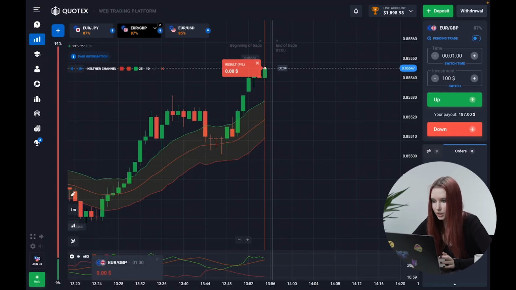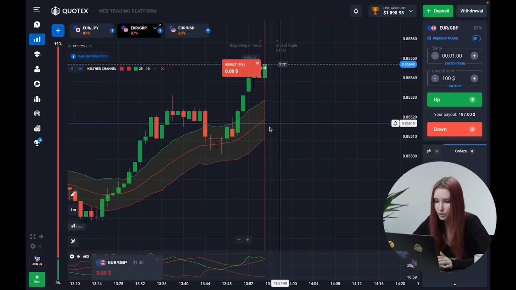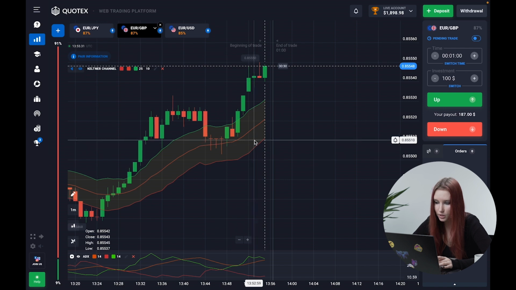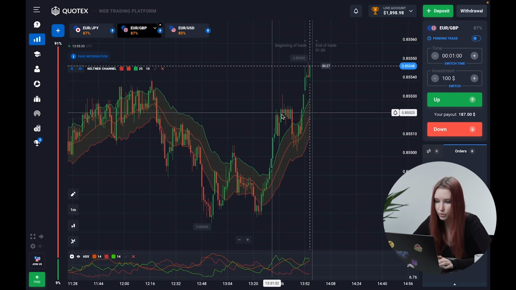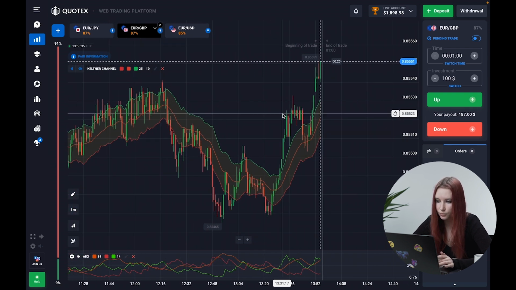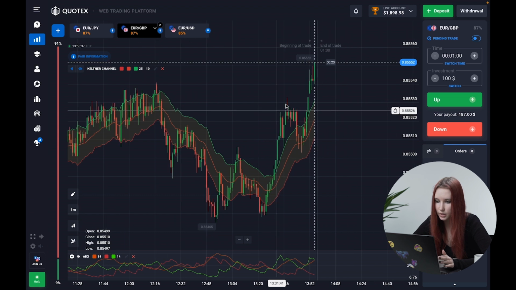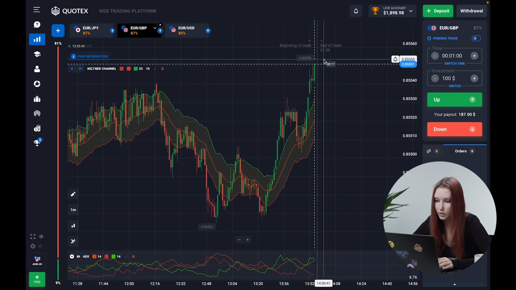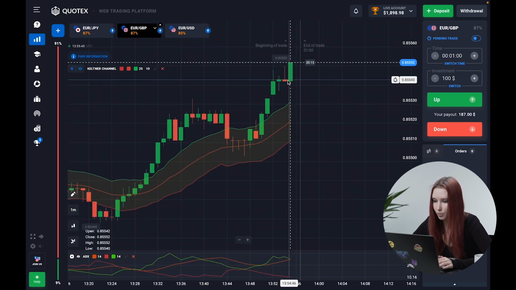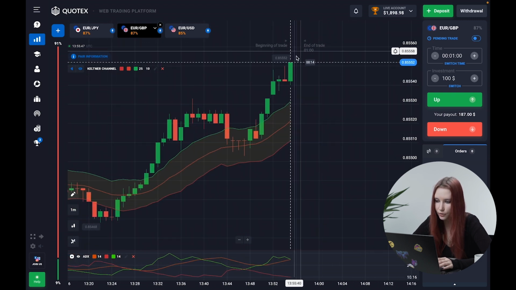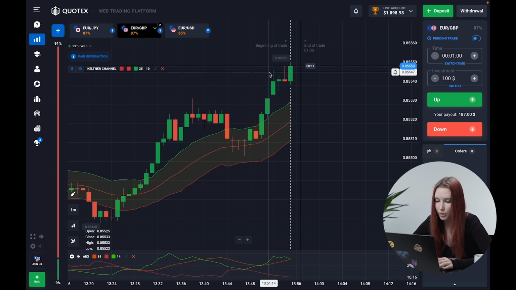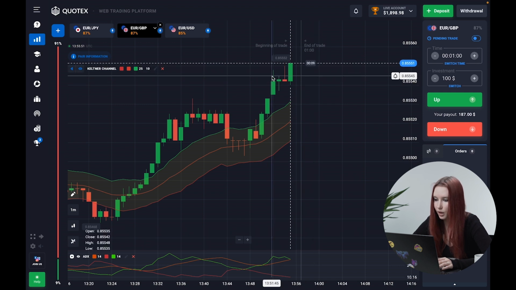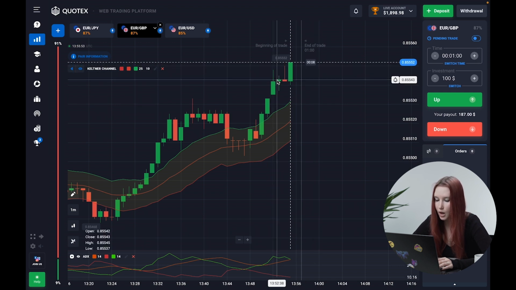Well guys, unfortunately I lost this trade, and that's really bad. Very often such a situation happens when the bullish movement that breaks all the resistance levels is continuing, but that's not even the situation. When I see that this green candle is growing exactly at the moment when I open the trade for 1 minute, the price falls back a little bit,